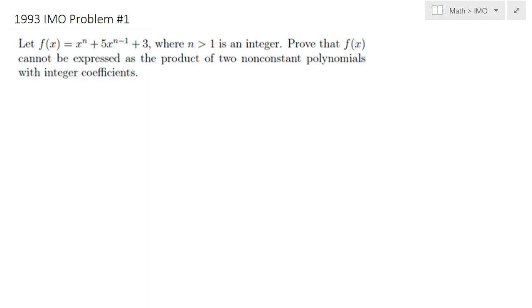So I guess the best way to attempt this problem would be to assume to the contrary that it is possible to in fact express this polynomial as the product of two polynomials and then try to find a contradiction from that. So let's begin then. So let's assume to the contrary that